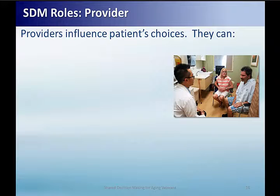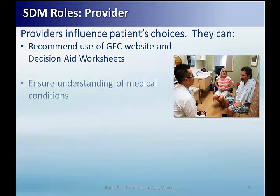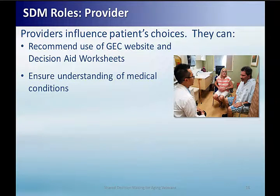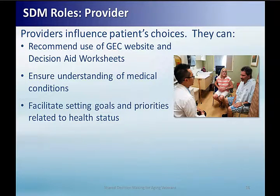Providers, particularly physicians, influence their patients' decisions. For this reason, providers can have considerable impact by encouraging their patients to participate in shared decision-making. By recommending veterans and family explore the Geriatrics and Extended Care website, making sure they get the shared decision-making folder and know what it contains, and very importantly, encouraging them to review and, if possible, complete the decision aid worksheets. Providers